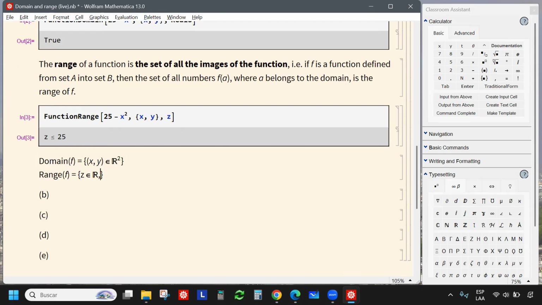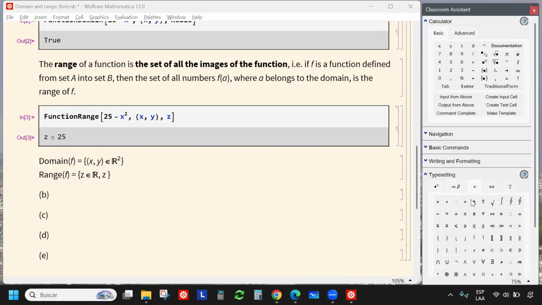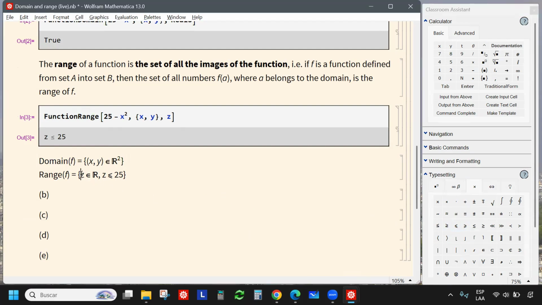And there is a restriction such that we can write a comma. z is less than or equal to 25. And again, the variable in italic. Here we have written the domain of f and the range of f as if we were solving the exercise on text. Okay, well,